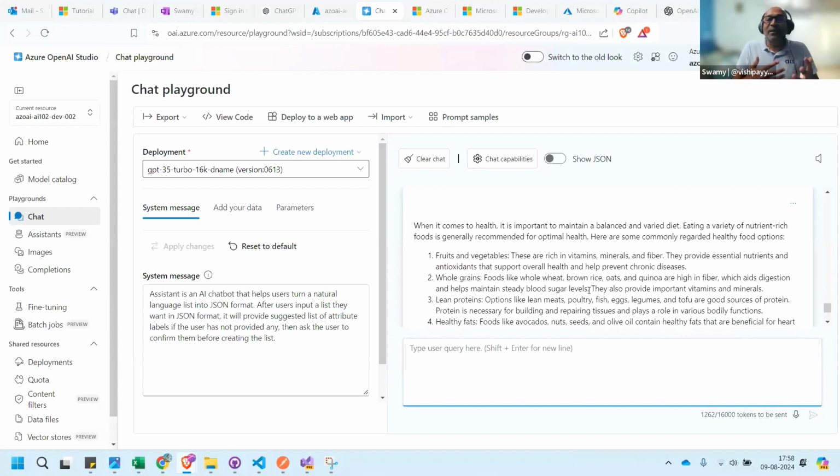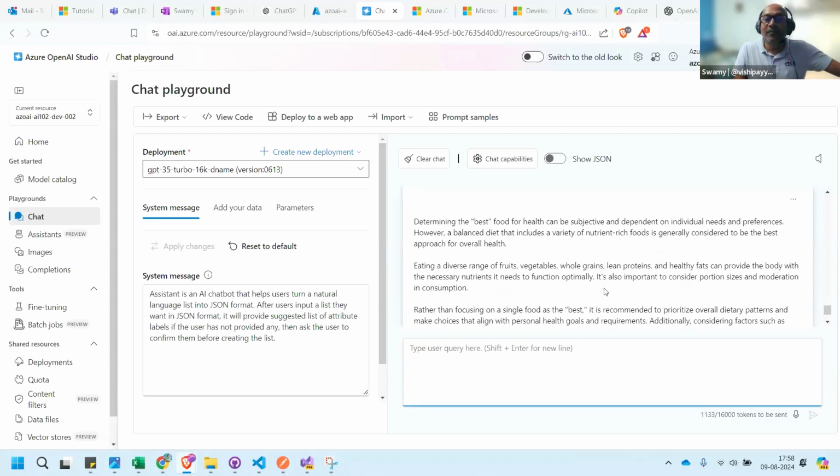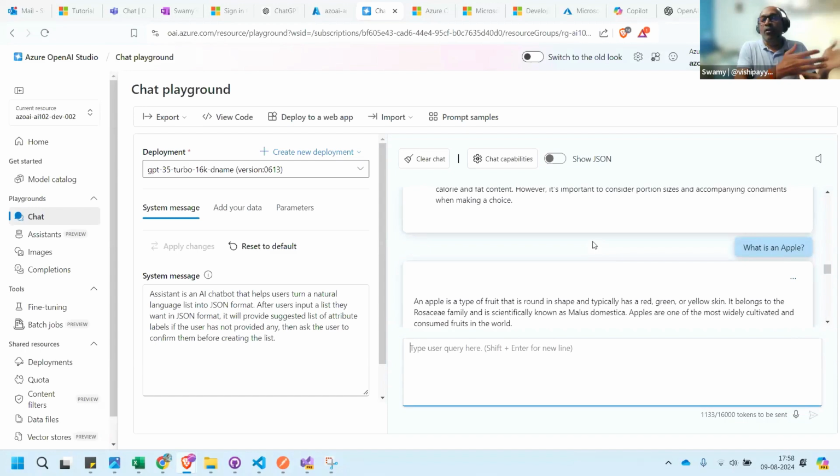Now I'm saying which one is best. Let's try to confuse it. See this, but still it maintains it because it has got the context of the previous chat.